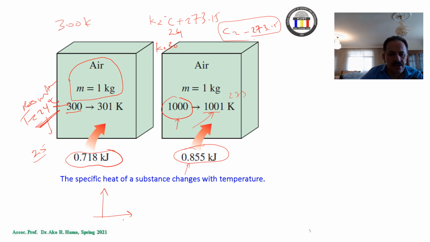So if I have a temperature and we have a specific heat, for example C sub V or C sub P, what will happen? Increasing the temperature means you need more kilojoules while we have low pressure. That's the relation with temperature. So the specific heat, Cp or Cv, of any substance changes with the temperature. Increasing the temperature means you need more heat.